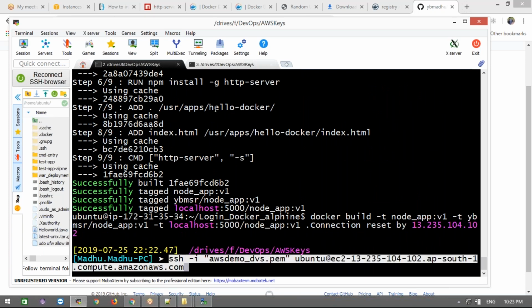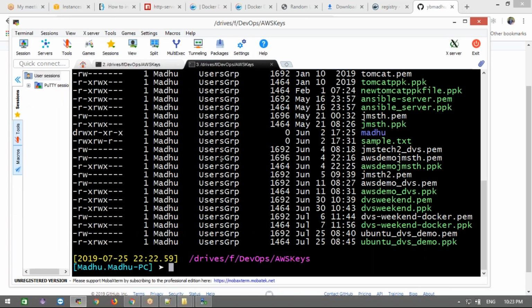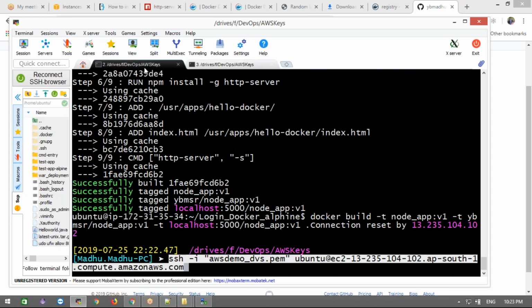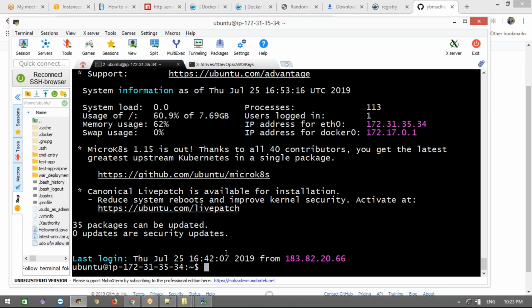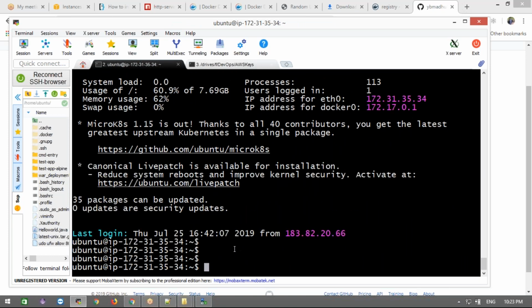Just copy this, and tomorrow I am going to follow the same notes. I keep it here. If anything is down, I will run that. I keep it up, just for backup purposes.